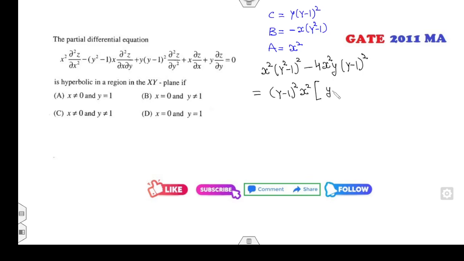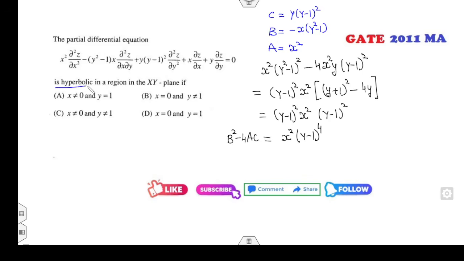So अंदर क्या रह गया? (y plus 1) whole square minus 4 into y. तो जैसे आप ब्रैकेट खोलोगे, that will be (y minus 1) square. तो ये क्या बन जाएगा? a square plus b square plus 2ab. तो जैसे करोगे (y minus 1) whole square हो जाएगा. That implies x square (y minus 1) to the power 4. Is it okay? अब आप बताइए